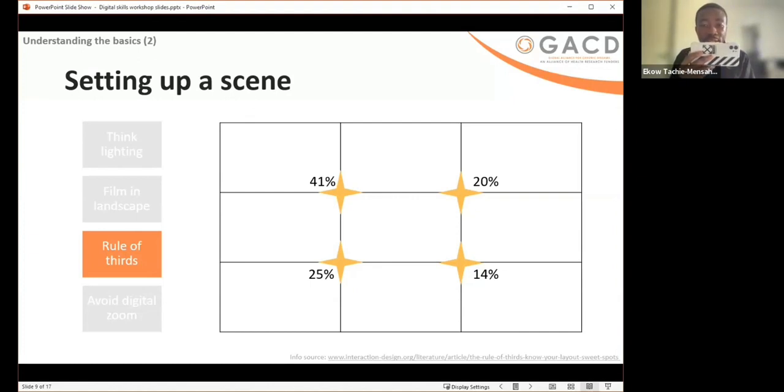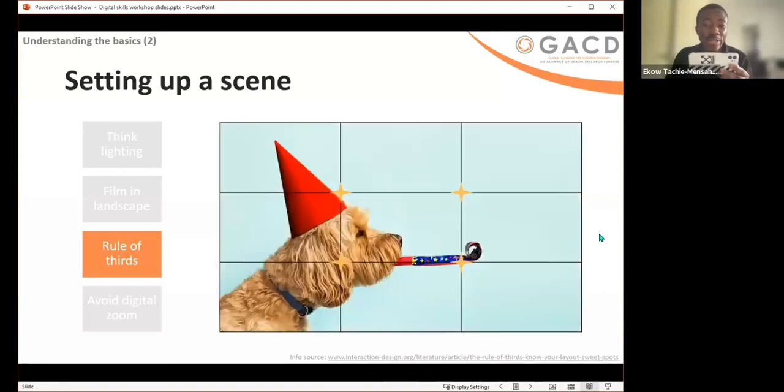This is very important when developing a video because you don't want to develop the video and then you realize that, oh no, the subject was way behind or looked too much to the left or to the right, but wasn't centered. So when you're setting the scene, rule of thirds is something you should always keep in mind. Divide your screen into 3 parts and ensure that they're in the middle or fully lit.